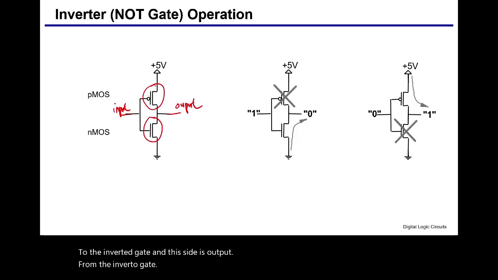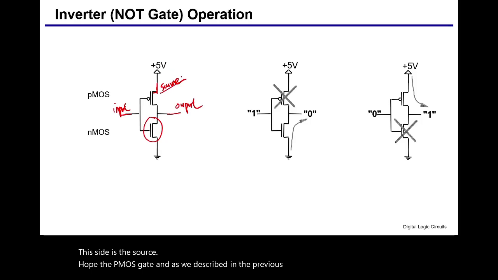And here we have a PMOS transistor, and this side is the source of the PMOS transistor, and as we described in the previous slide, the source of a PMOS transistor is the power source or VDD,